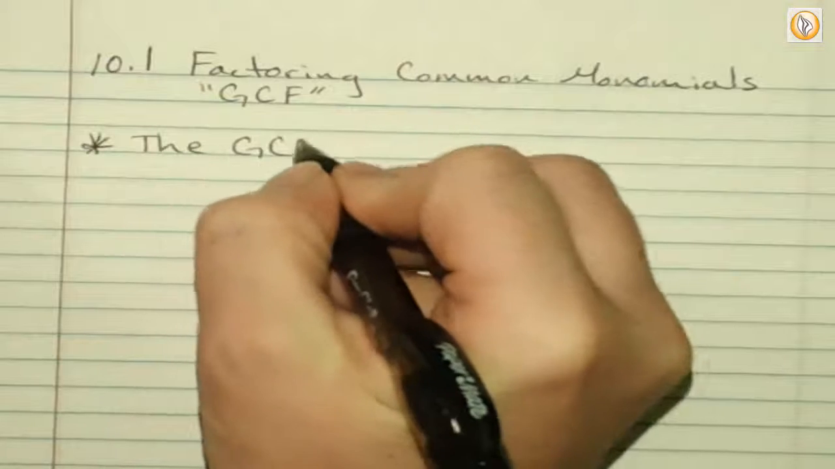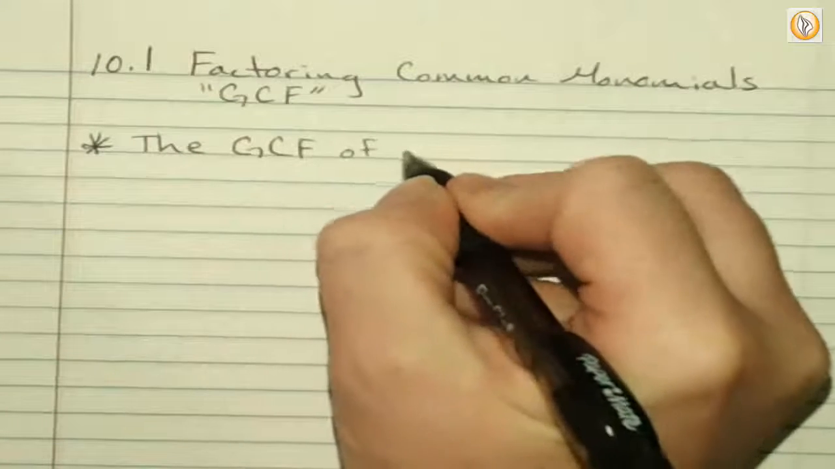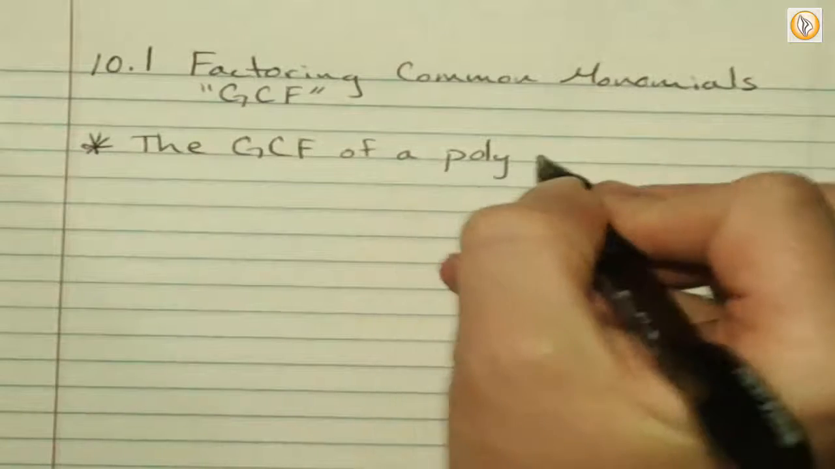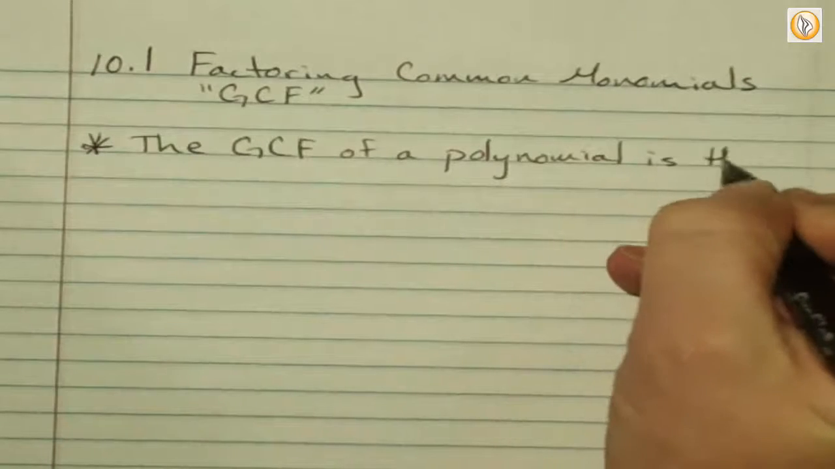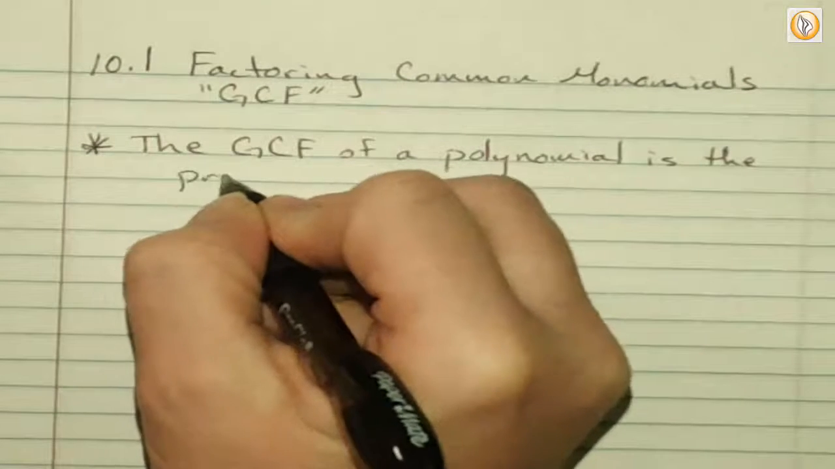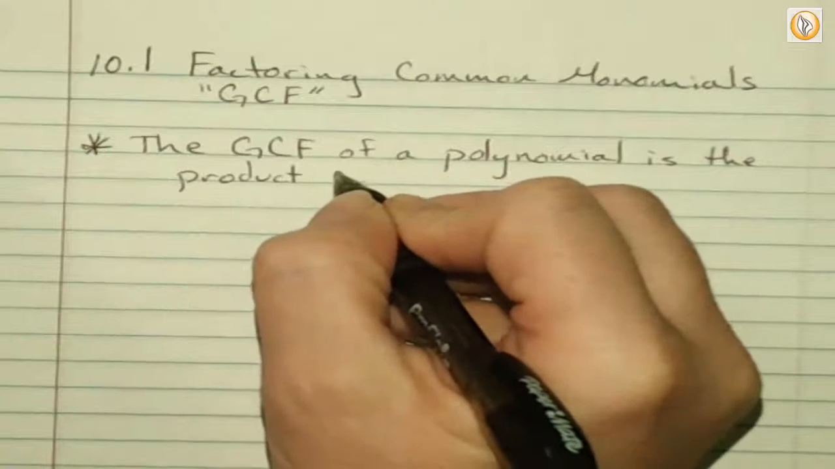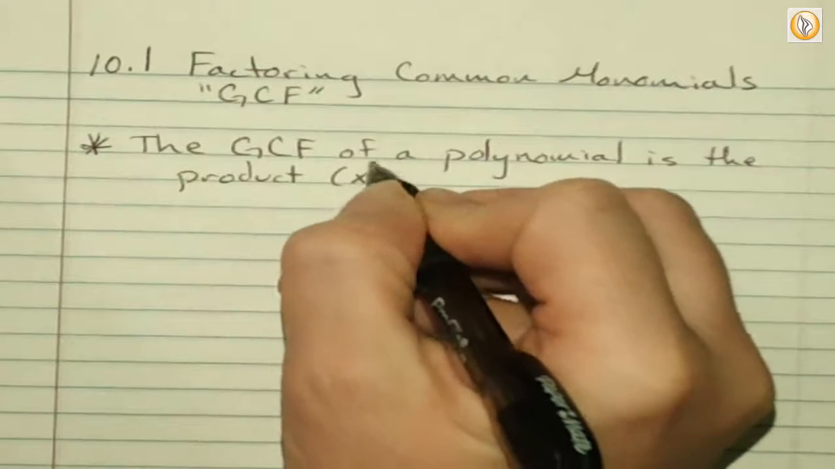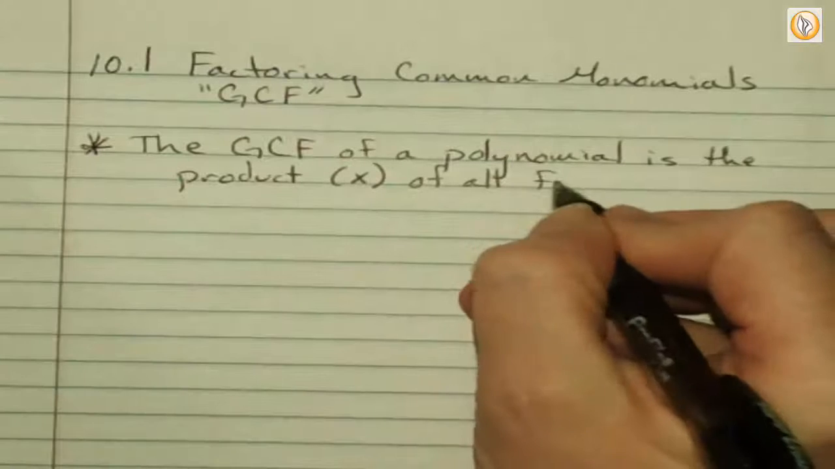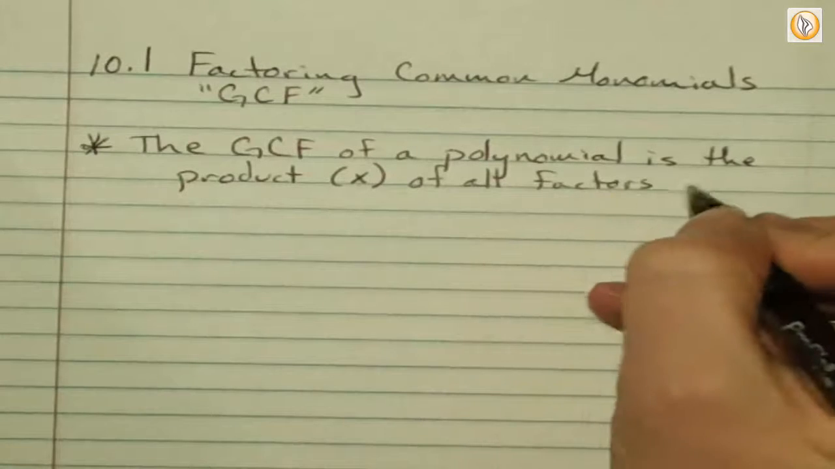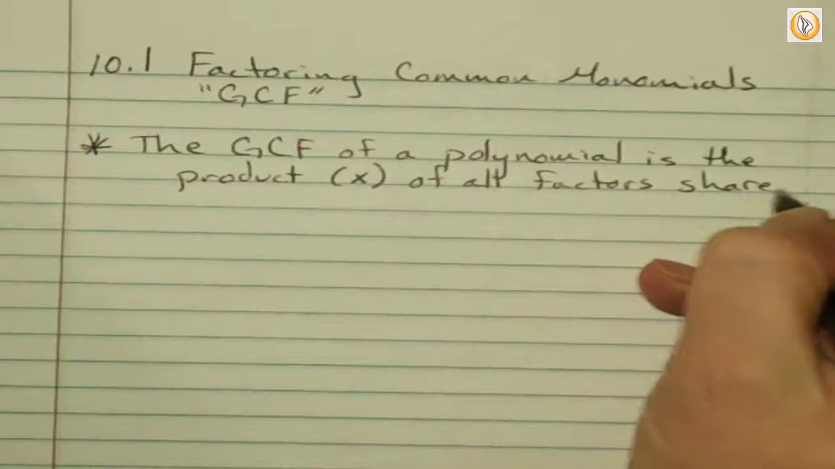The GCF of a polynomial is the product. What does product mean? That's right. Good job. Of all factors shared